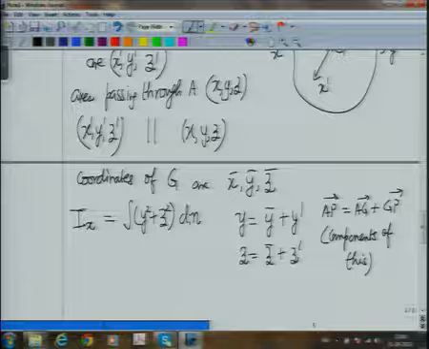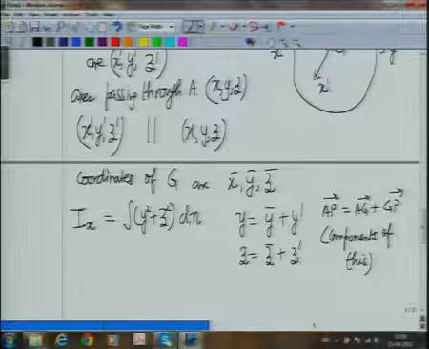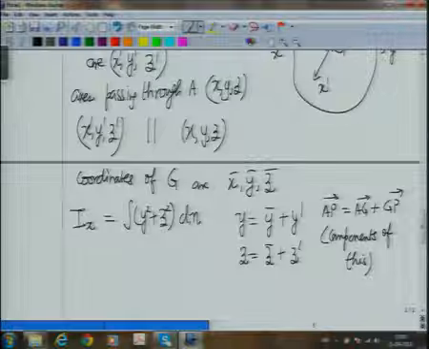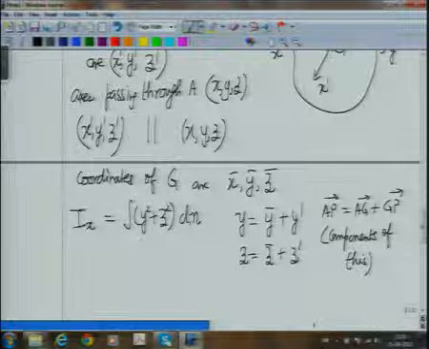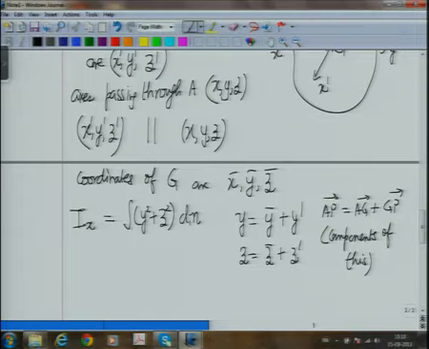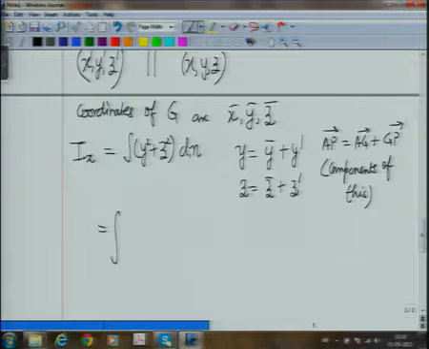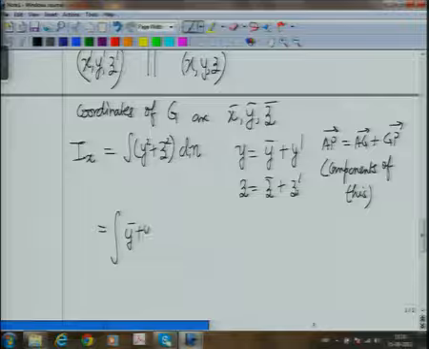Okay, so now in all my formula, what I am trying to do is relate Ix to I with the x's located at G. So all I have to do is in this y I will substitute y bar plus y prime, and in the z I will substitute z bar plus z prime. Let's do that. So this becomes equal to integral of y prime plus y bar square